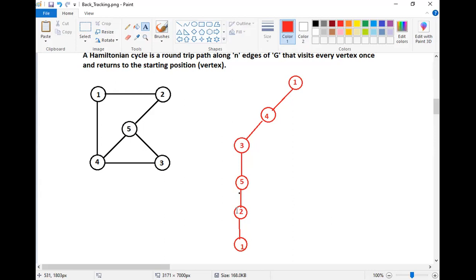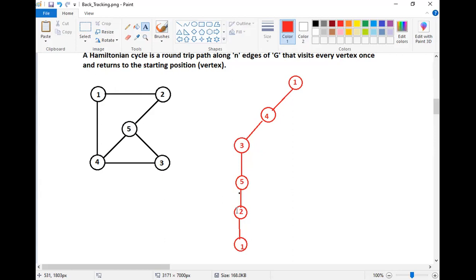From 3, there is only one possibility. Right? Even though you will find edge, but we cannot go back here because this is already visited. So only possibility is that from 3 to 5 I can go. From 5, there are 3 different edges. I cannot go in this direction because if I go, 4 will be duplicate. I cannot go to 3, 3 will become duplicate. What is the possibility left out? 2. That is from 5 to 2 I will come. Then from 2, only one possibility, that is from 2 to 1.